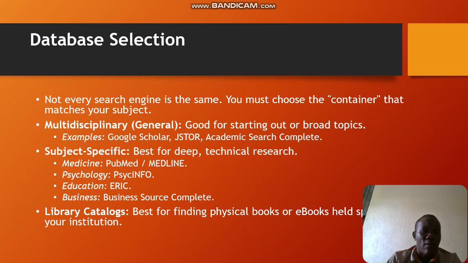Then as I wind up, ladies and gentlemen, there's also database selection. With database selection, not every search engine is the same. You must